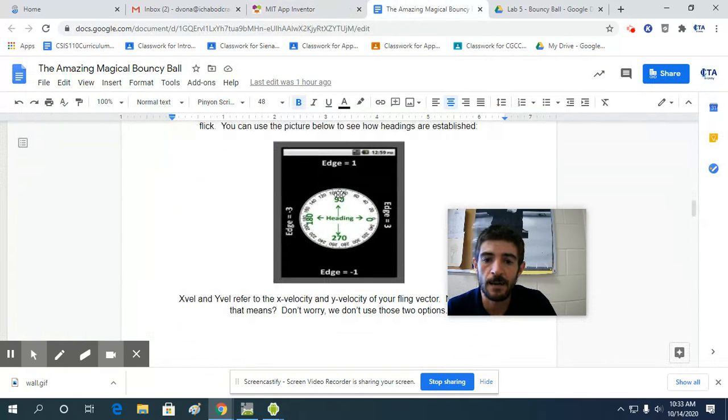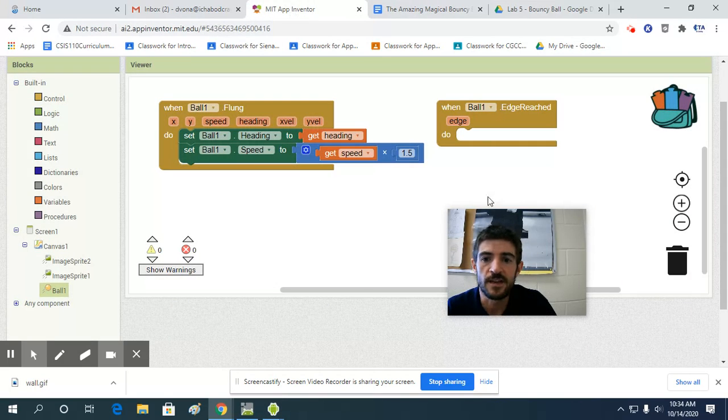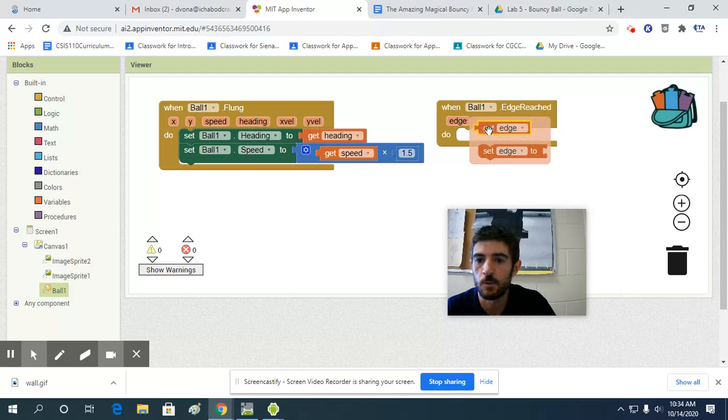And again, if you look in the lab document, it'll tell you edge 1 is the top of the screen, edge -1 is the bottom of the screen, edge 3 is the right of the screen, edge -3 is the left of the screen. So you'll be writing code that's like, if edge equals 1, have this happen. If edge equals -1, have this happen. If edge equals 3, and so on and so forth. These edges have numbers, and this block here, this variable, will tell you which number you've hit